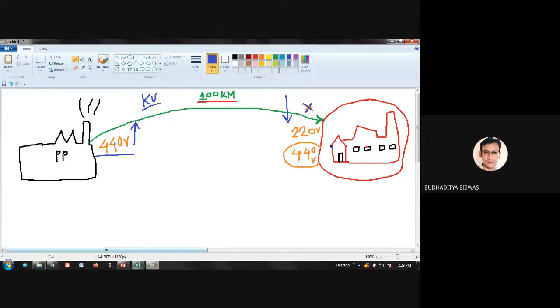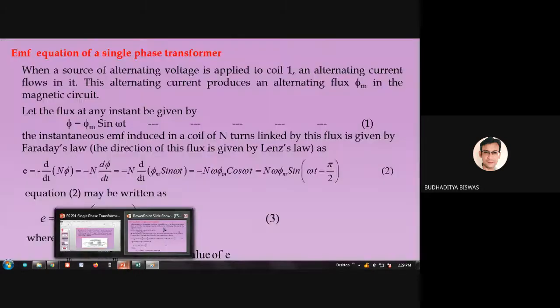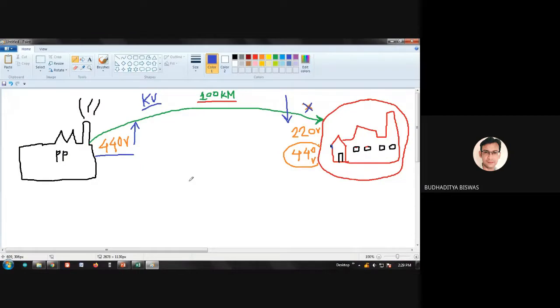Whatever we have talked about up to this point is the power transformer. We also have an isolation transformer. Think about the condition where N1, the number of primary turns, is exactly equal to the number of secondary turns. What will be the voltage across the primary and secondary? Sir, the voltage will be equal. They are the same. That means whatever voltage we give to the transformer input, we get the same voltage.